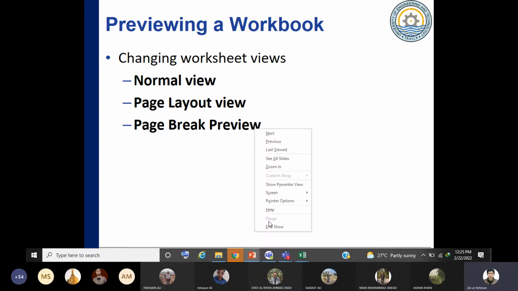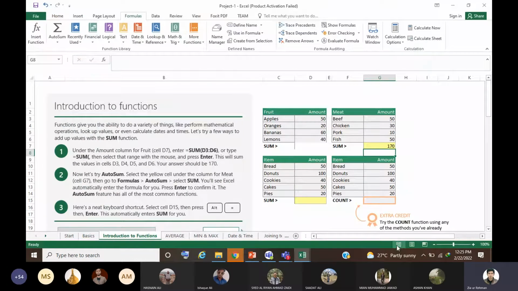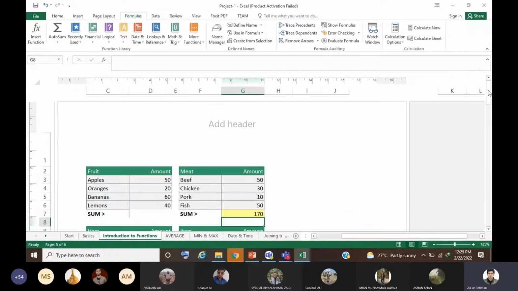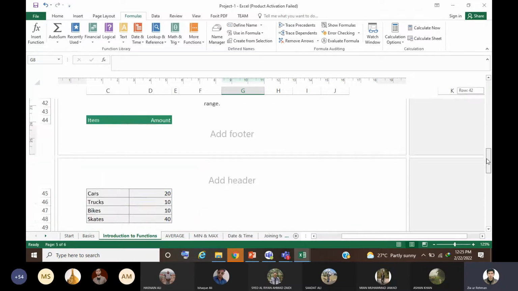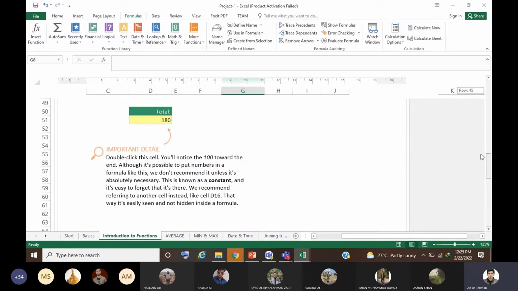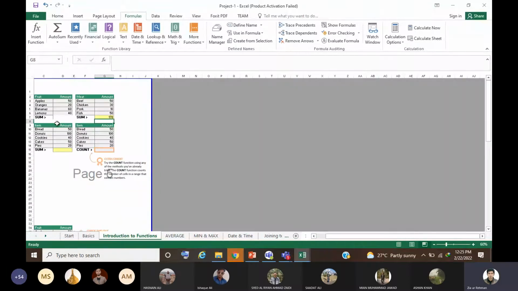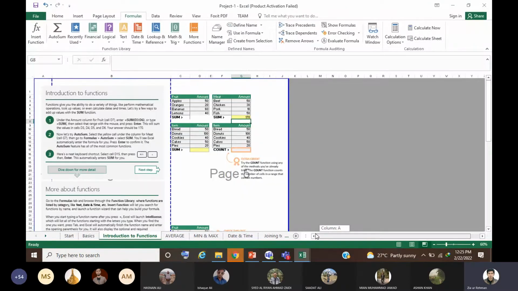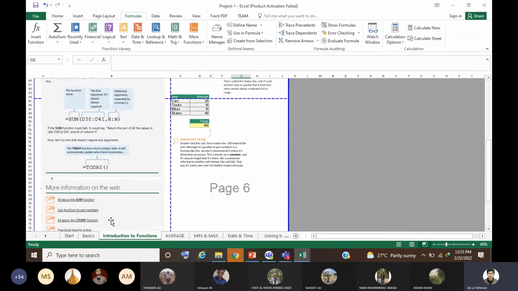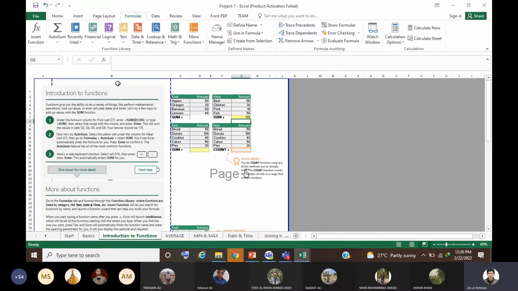Then when we come to the view, we have already discussed this view part. By default you have the normal view. If you want to change it into page type, like here I have changed it into page layout, which means that it is giving you the form of pages. Instead of giving you the whole worksheet, it is showing you the pages. Here I have given the division of different pages. Like this one is my page 1 in page 6. This whole page is page 6. So here you see that it is giving me the form of pages. So you could change the view.